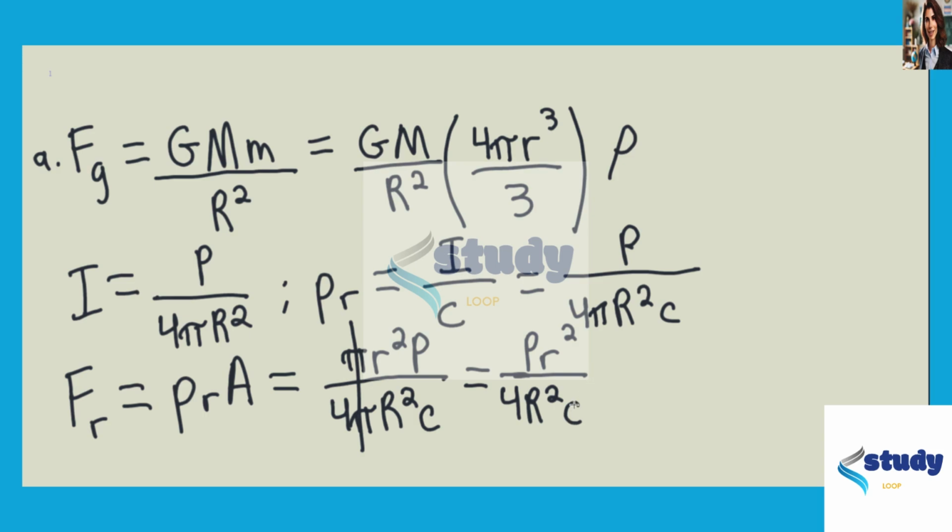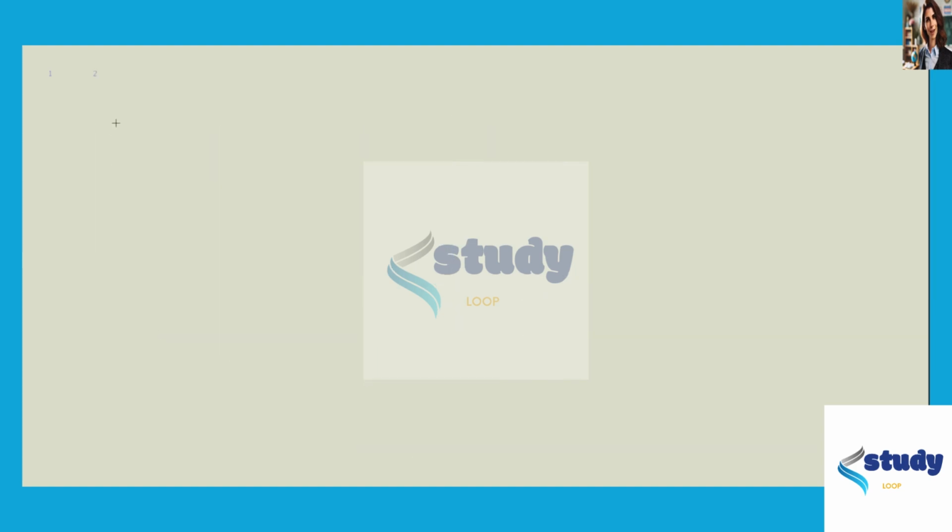Now, at this point, we can set the force of the radiation pressure and the force of gravity equal to each other and then solve for r. So we can say that P r squared divided by 4 R squared c